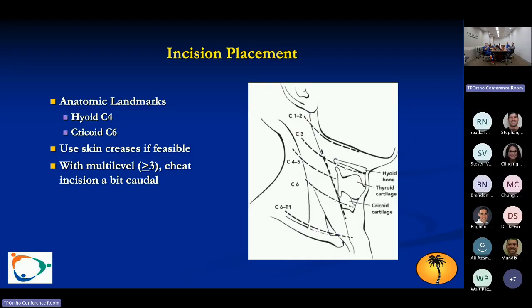Got it. Some people just sack it and leave it fly, but I always have a hard time doing that with muscle anatomy that we don't understand fully. Yeah. There's a function probably that we haven't really gotten our arms around. So I like to repair it, even if you have to sack it for the purpose of getting to the surgery. All right, so this is more about how you place your incision,